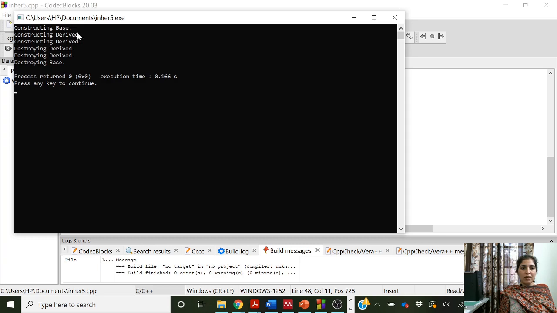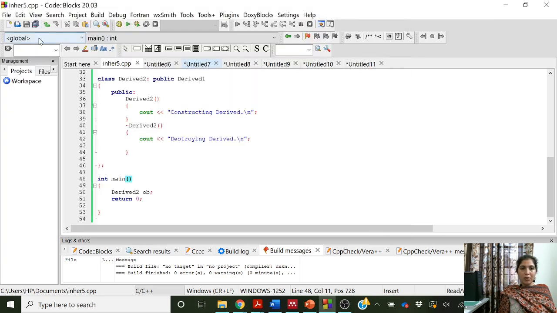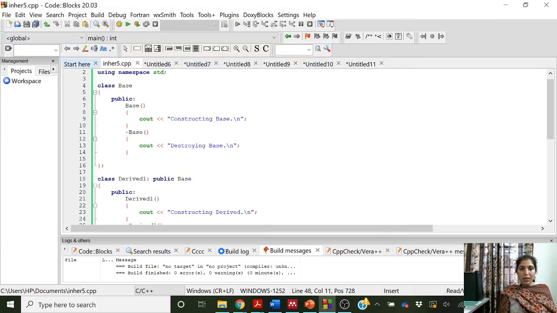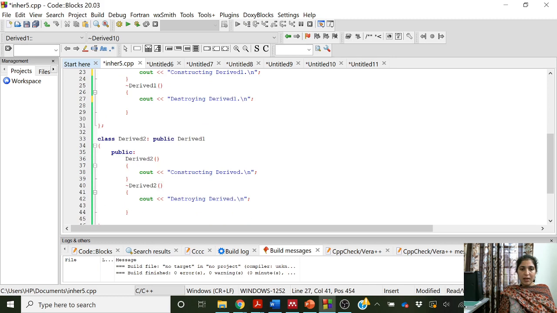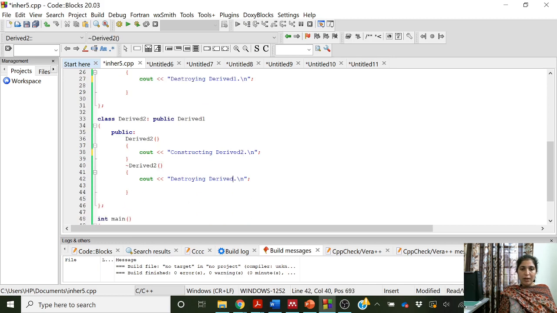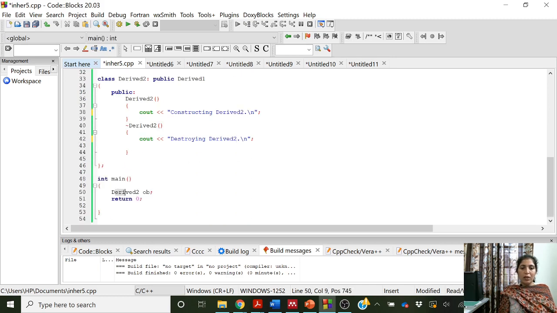Constructing base, I think the message I have not changed. This is the base class, and then this is the derived 1 class and this is the derived 2 class, and we are creating an object of derived 2. Derived 2 is inherited from derived 1, derived 1 is inherited from base.